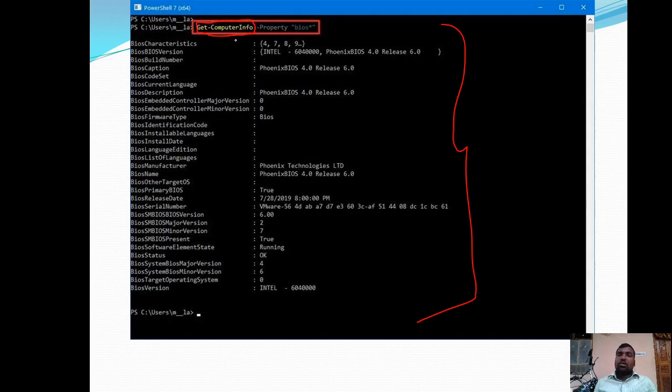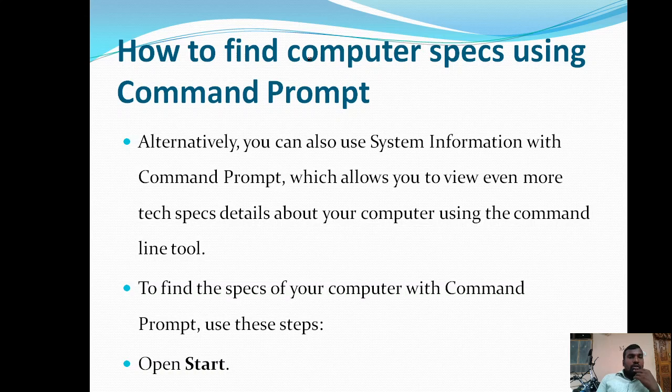Or if you want to view a particular component's specification, after typing this command you type the property, followed by the name of the component for which you want to view the detailed specification. Next, we can also find the computer specification with the help of the command prompt.